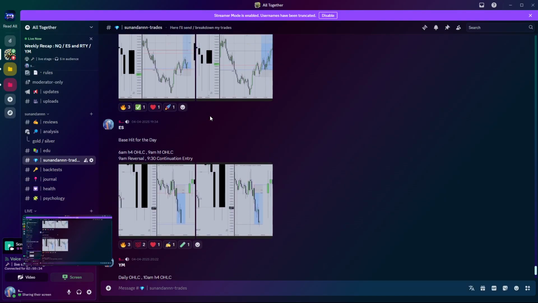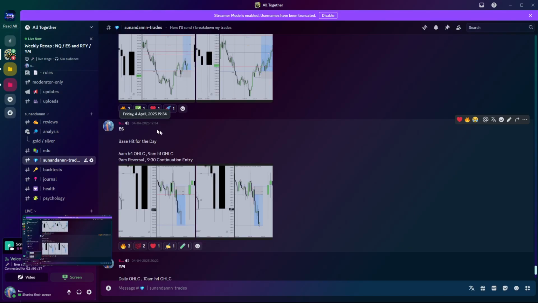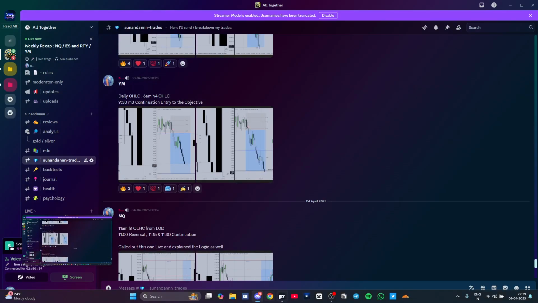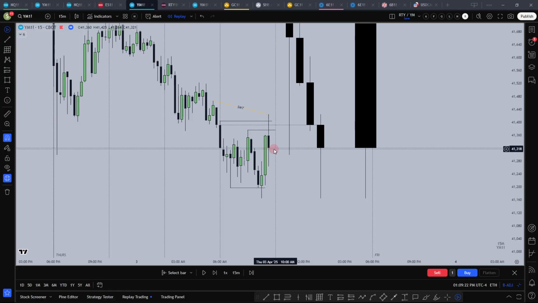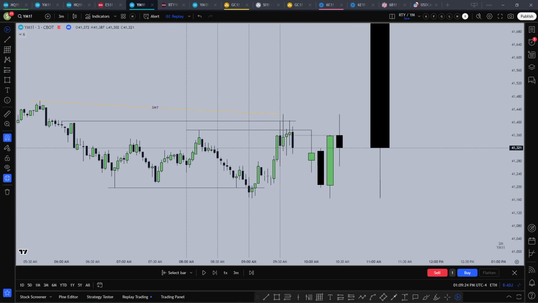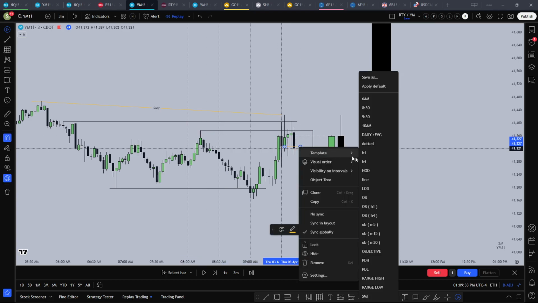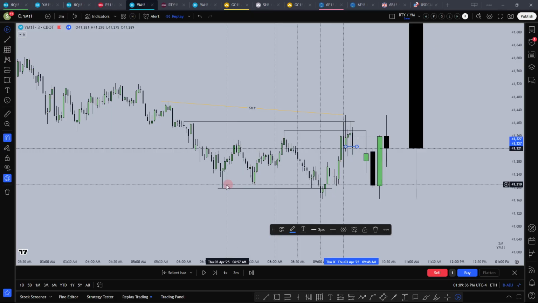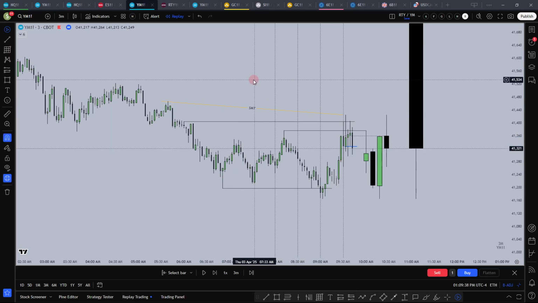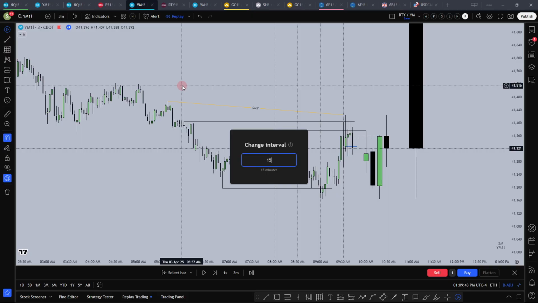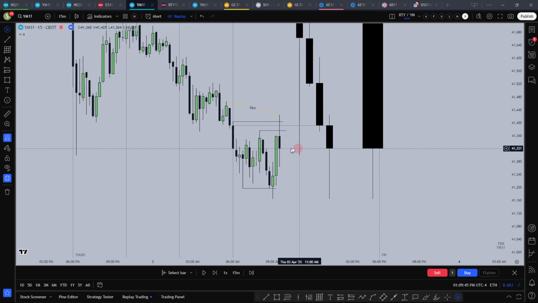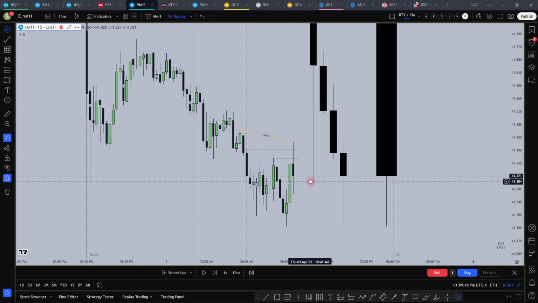Okay, that was Friday. Sorry. So I went on to 3 minutes. This was the entry, a close below these opposing candles after hitting the relevant POI. This was the continuation type of an entry. Daily range continuation. Someone had a doubt, but I won't be able to clear it properly now. This is not often like an M1 continuation type of an entry.